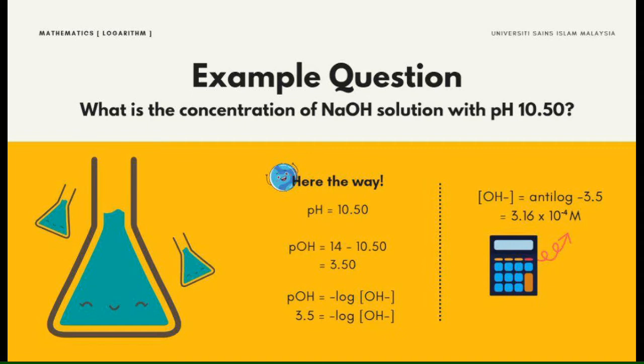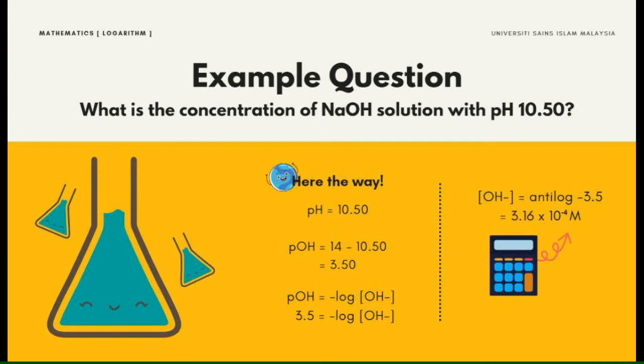Here is the way to solve the question. The pH is 10.5 and we must use the formula pOH, so pOH equals 14 minus 10.5, and we get 3.5. From 3.5, we can just substitute in the formula, which is pOH equals 3.5 equals negative log concentration